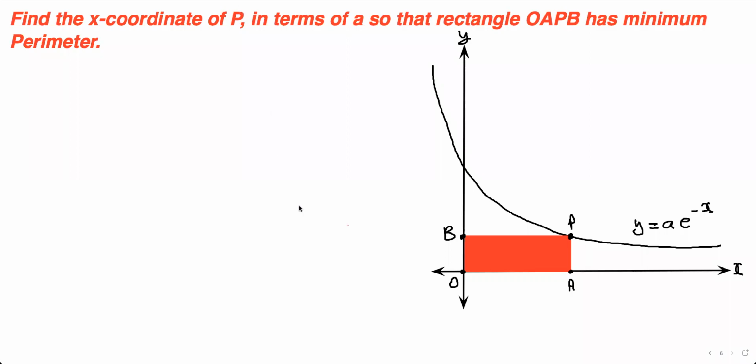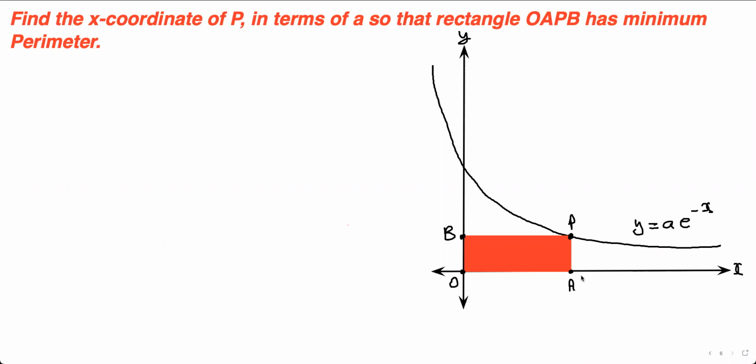So let's do this question here. Find the x coordinate of P, this point right here, in terms of A, and they're talking about this A, I guess, so that a rectangle OAPB has a minimum perimeter. Okay, so to do this, we got to figure out this point right here, and this point A is going